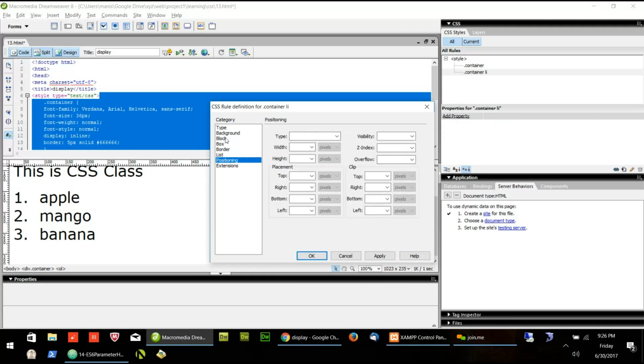Positioning. So we saw the position is a 4 type: absolute, fixed, relative, static. So once I say position absolute, I can define the width and height. We saw this positioning yesterday, and this whole week we were doing the positioning.